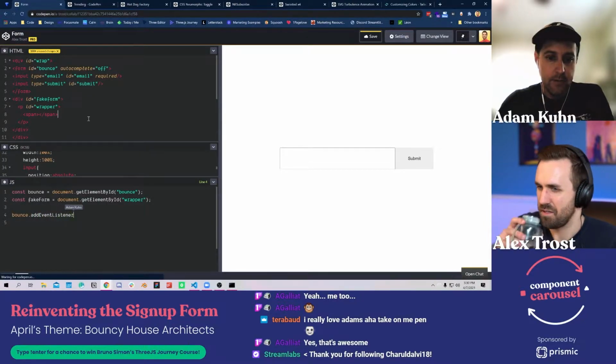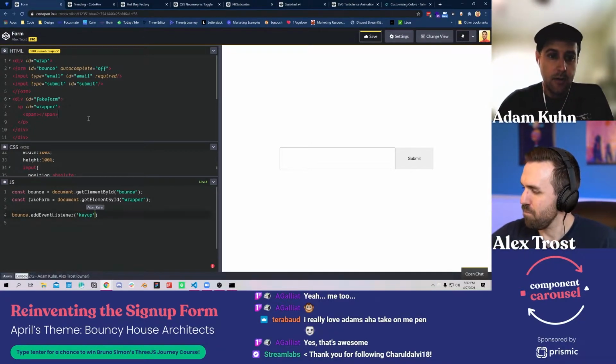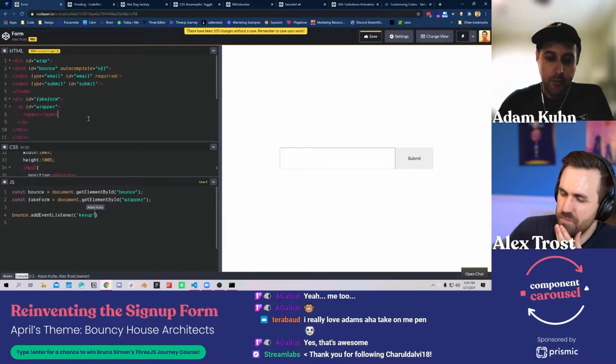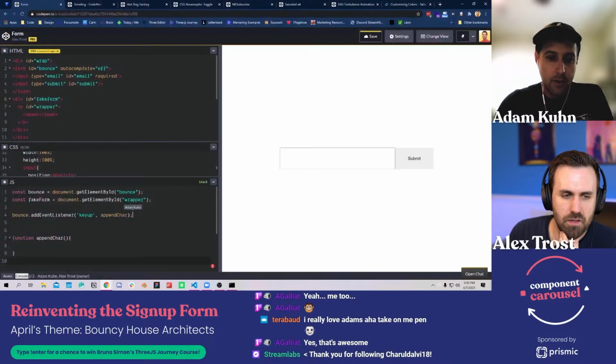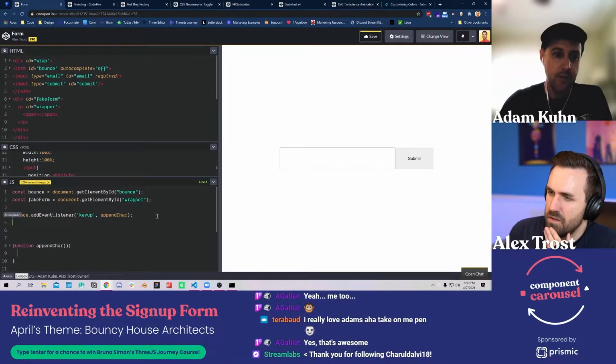And then on our form, we'll want to add an event listener for key up. And we'll make up a function for that real quick here. Cool. We'll append a character. So what's going to happen down here is every time a character is pressed within the form, we're going to append it to the div that's pretending to be our form.